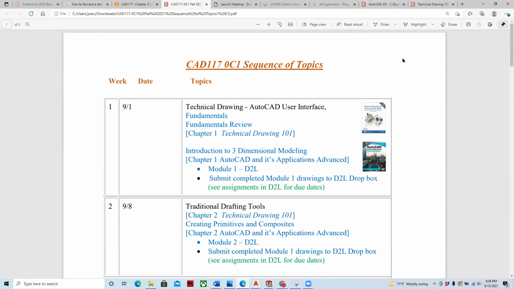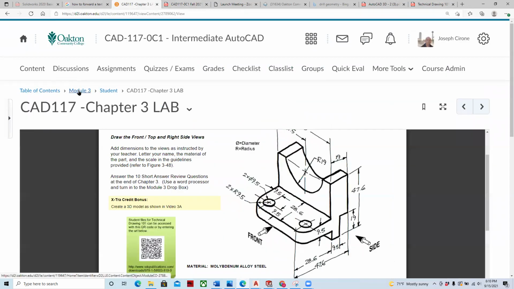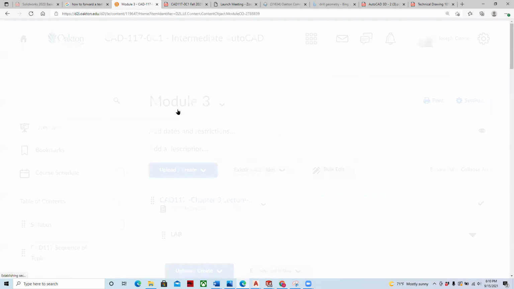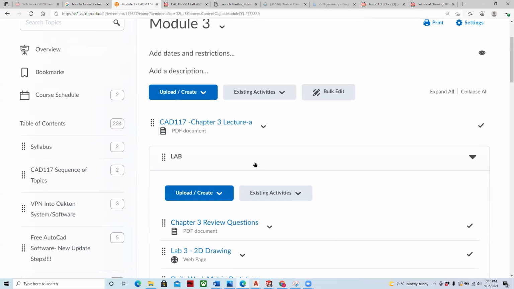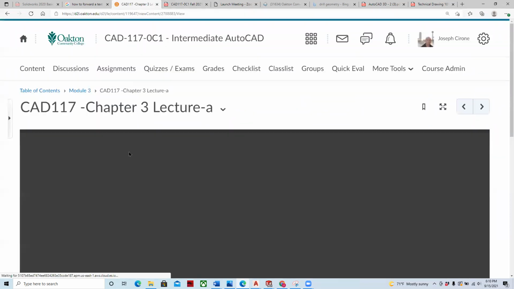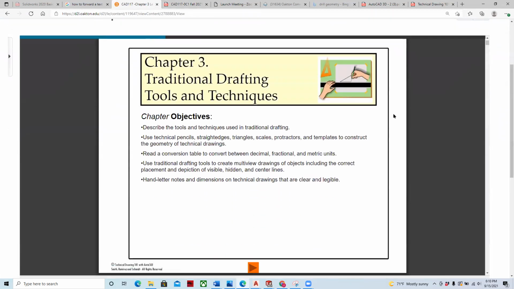Let's take a look at chapter 3, traditional drafting tools. There's not a lot in there, to tell you the truth, other than being able to read scales and things like that. So as we look at this, chapter 3,